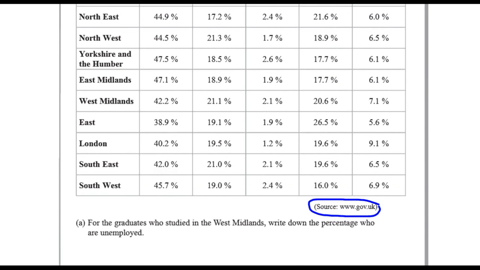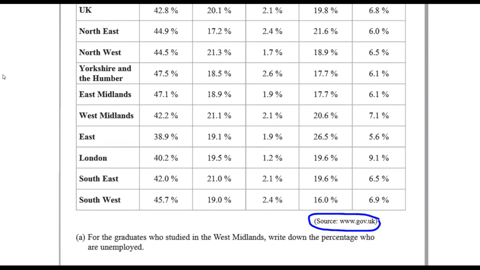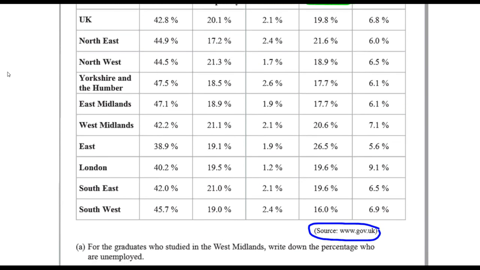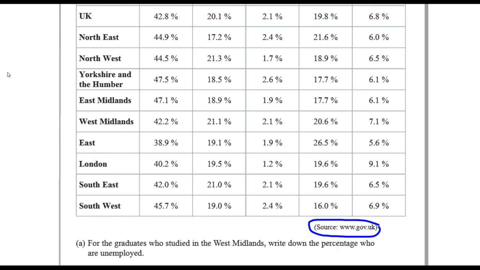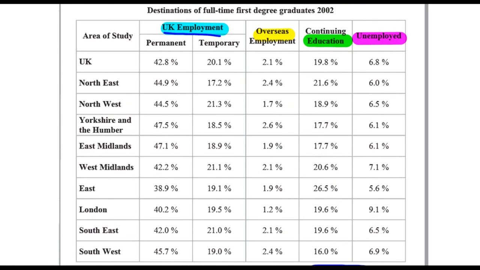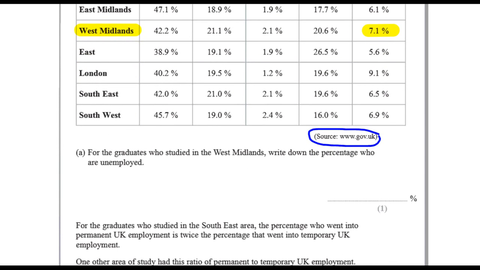For the graduates who studied in the West Midlands, write down the percentage who are unemployed. This is a very simple case of just reading off a table. West Midlands unemployed. So we go to West Midlands, let's go for a highlighter here, and we go to unemployed. Okay, so we go down from unemployed, across from West Midlands, and we get to 7.1. So 7.1 is our answer. Nice and easy. So let's just write that one in. 7.1